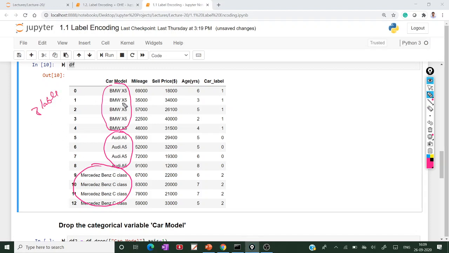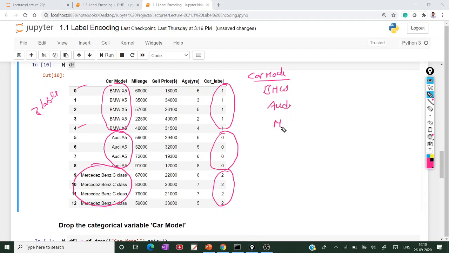Under these 3 labels, RD will be assigned 0, and BMW, from 0 to 4, total 5 rows, is assigned 1. Mercedes-Benz is assigned 2. The car model has 3 unique labels: BMW, RD and Mercedes-Benz.